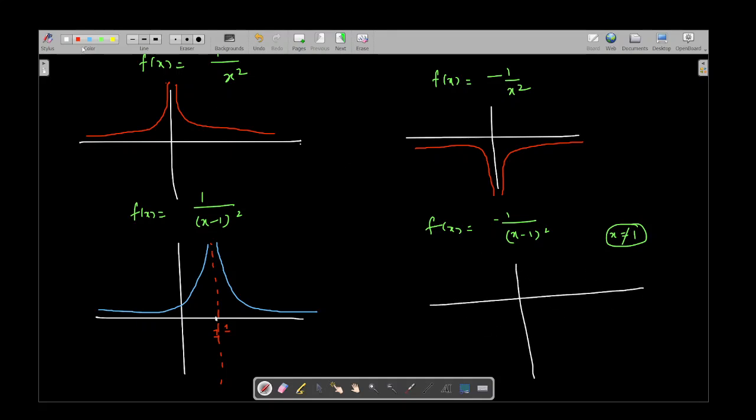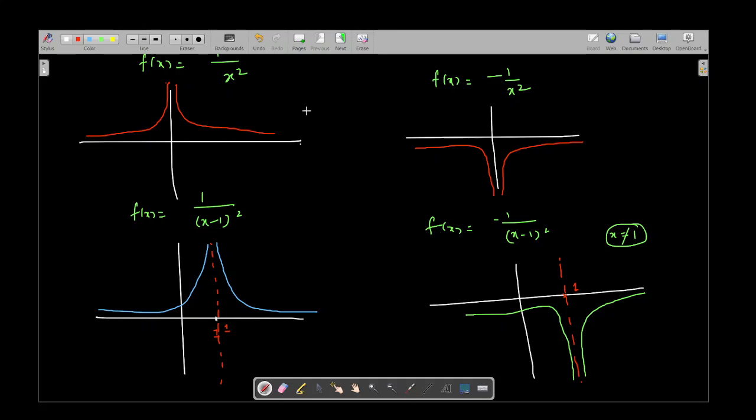So at x equal to 1, we should draw a dotted line like this, and from here, minus infinity goes to 0, and from here it goes to 0 like this. So this is my x equal to 1. So this knowledge is important for us to proceed